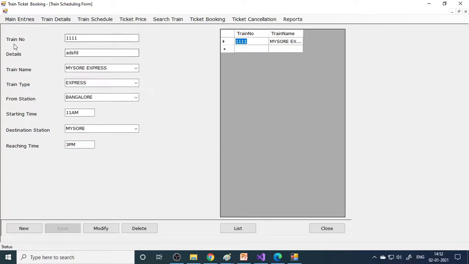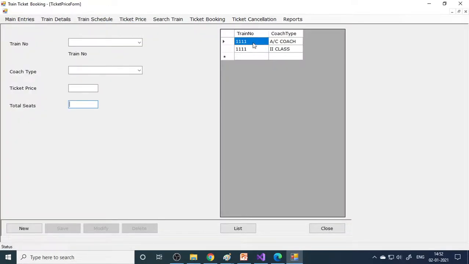So you can see that here we gave a train number 111, and this is the Mysore to Bangalore Express. Sorry, Bangalore to Mysore. So it is an express train. This is the train name Mysore Express. Express train Bangalore 11 a.m., and it will go to Mysore. Okay, I can modify this. Done. So likewise, you can create 112 for the reverse journey. Again from Mysore to Bangalore, and you need to give the times, because for each trip the train number is different.